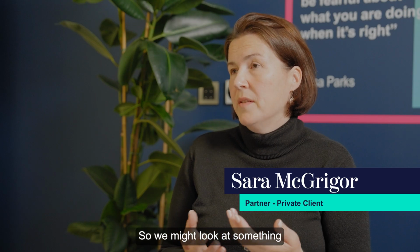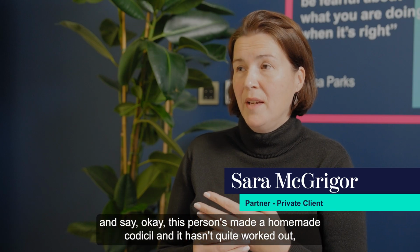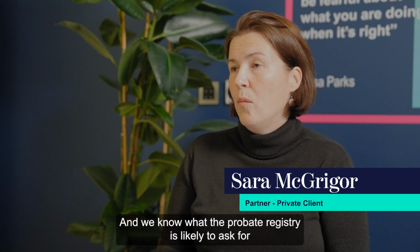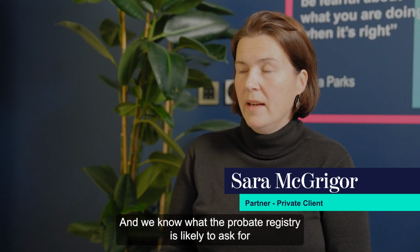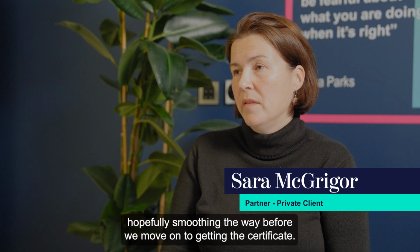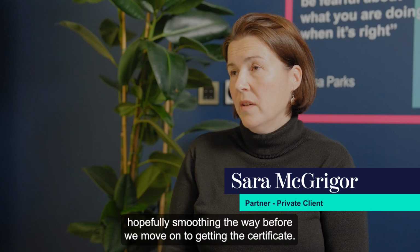Yeah, and of course we can look at a will or an application for letters of administration, and we can sometimes see the potential problems. So we might look at something and say, okay, this person's made a homemade codicil and it hasn't quite worked out. They haven't got it properly witnessed, or their signature's weak or something like that. And we know what the Probate Registry is likely to ask for. So we can send it with the initial application, hopefully smoothing the way